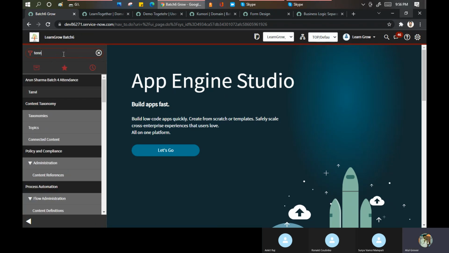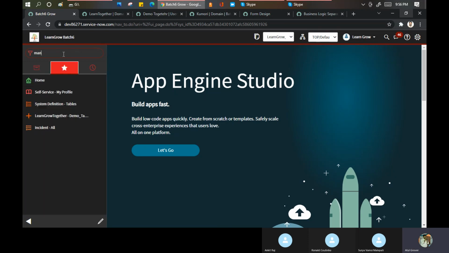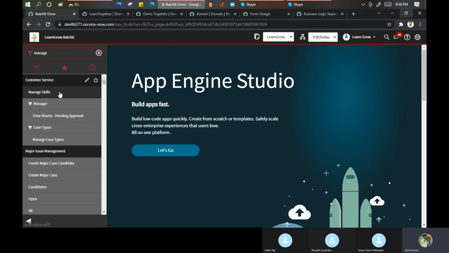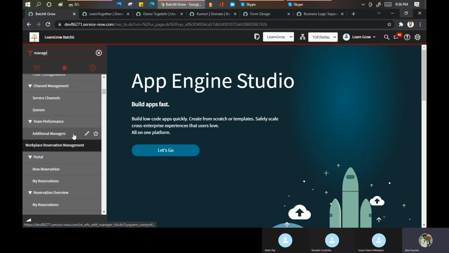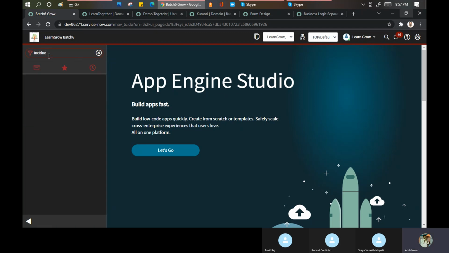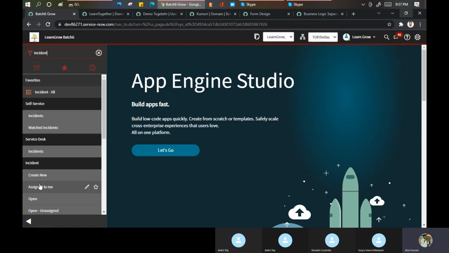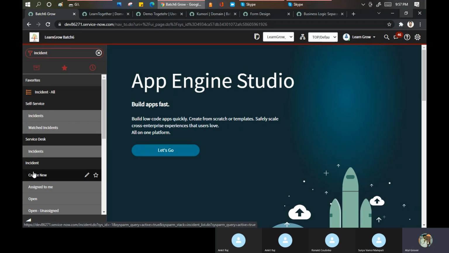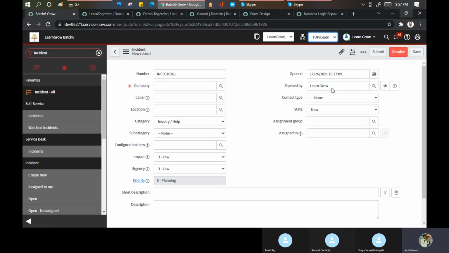No, I don't have that plugin. So let me tell you one example, where I had an issue. Let's go into the incident form. One of my customers says, Atul, on the incident form, we have a category, right? Let me go to this one. And the page will be reloaded now.